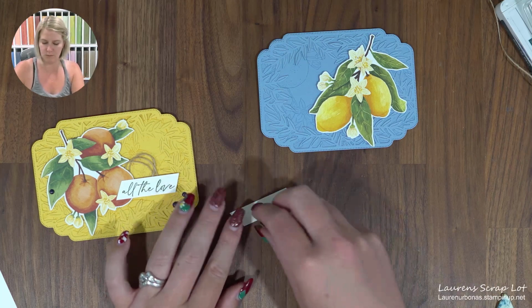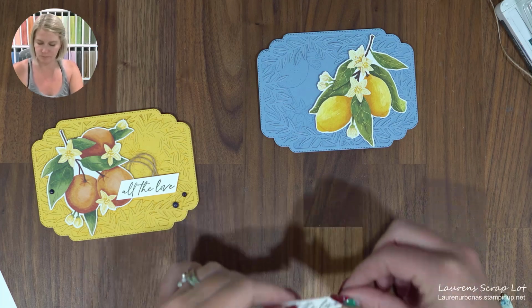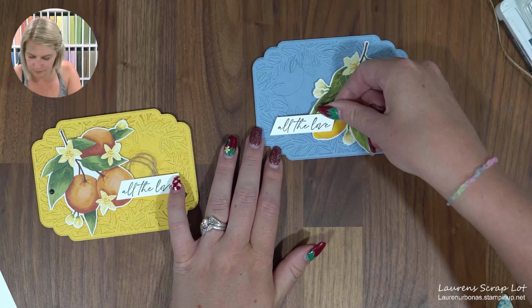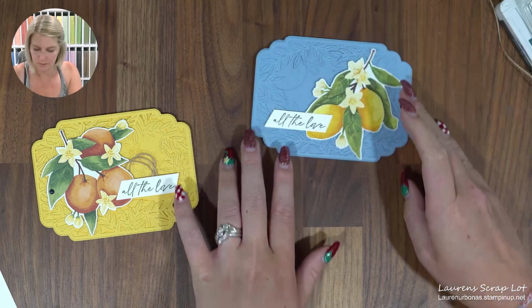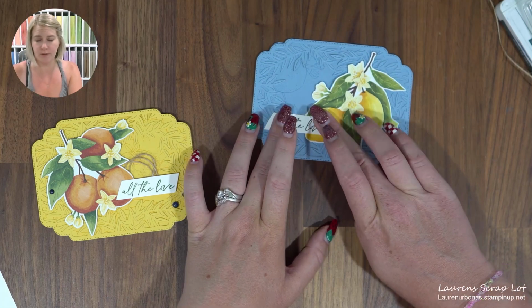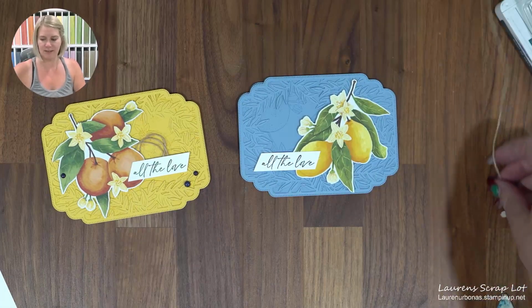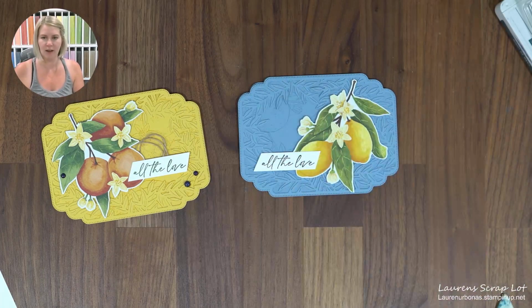There we go. Oop, taking the backs off. There we go. All the love. Like so. Cute. And then for this card, I decided I wanted a little bit of twine,